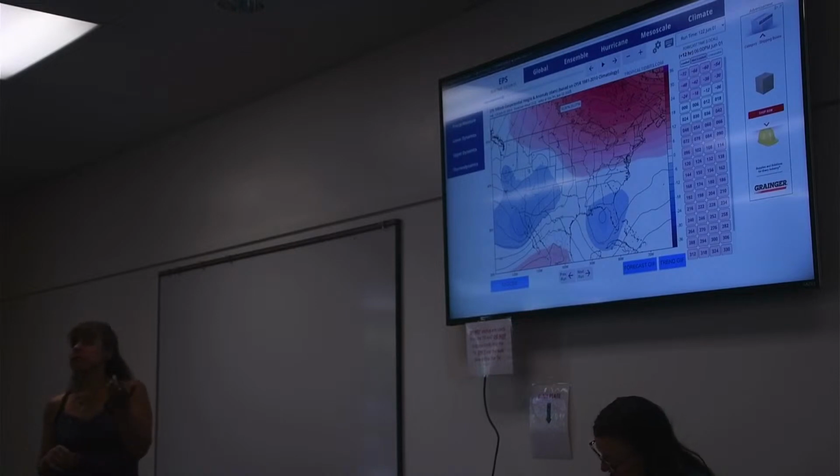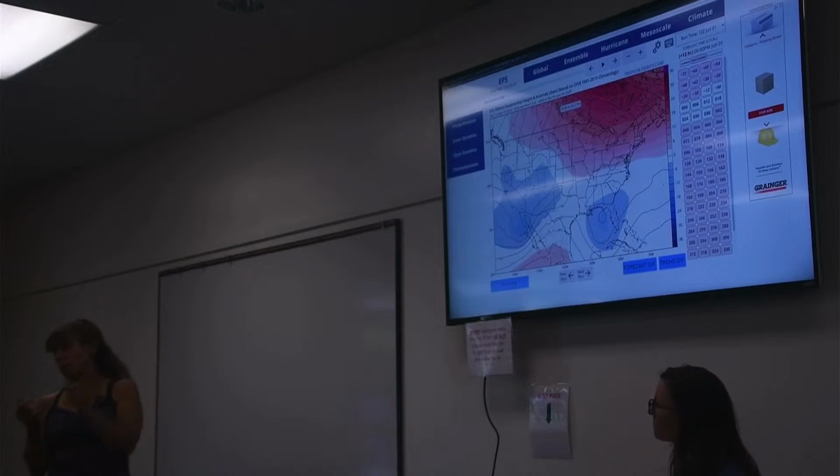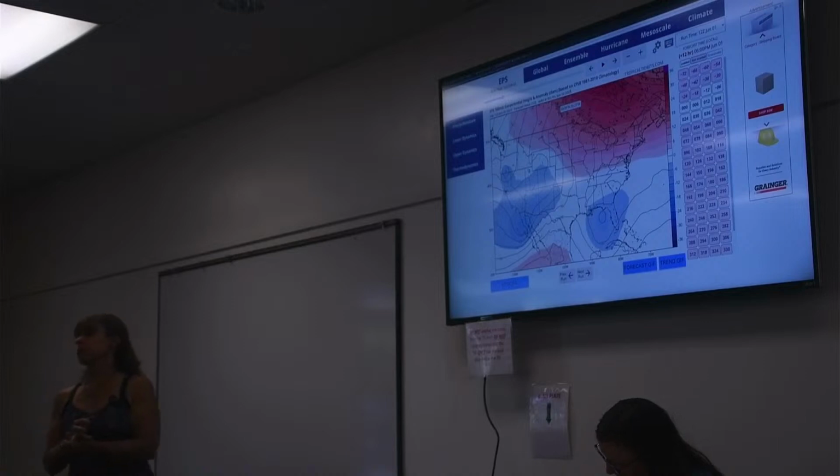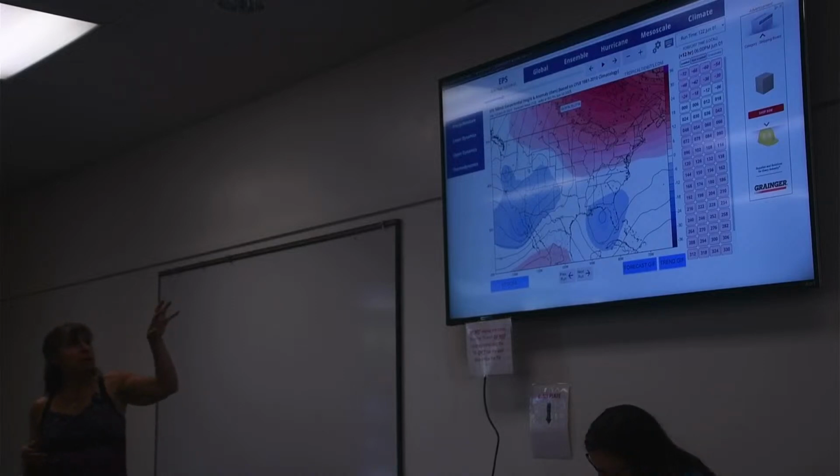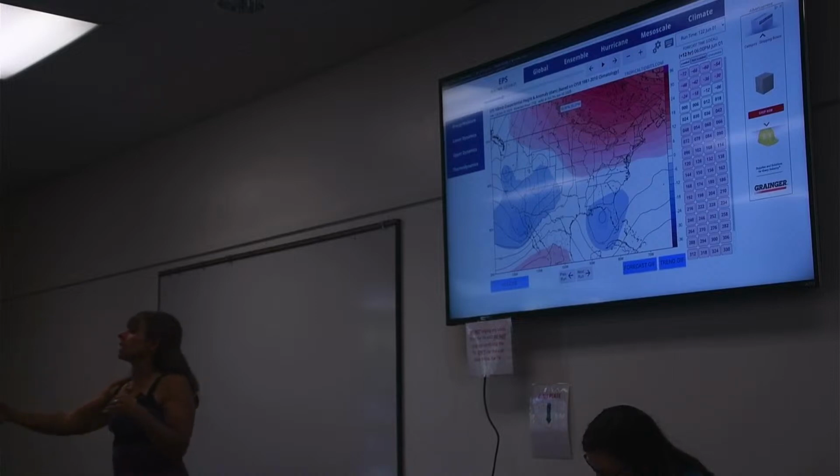So as of right now, XC Skies doesn't carry European stuff, ECMWF. But the Tropical Tidbits is the free website that does, and Pivotal Weather's the other website that has free stuff for EC. And I like to use the EPS, that's the ensemble model of the European, for long range. So basically, if you go to,